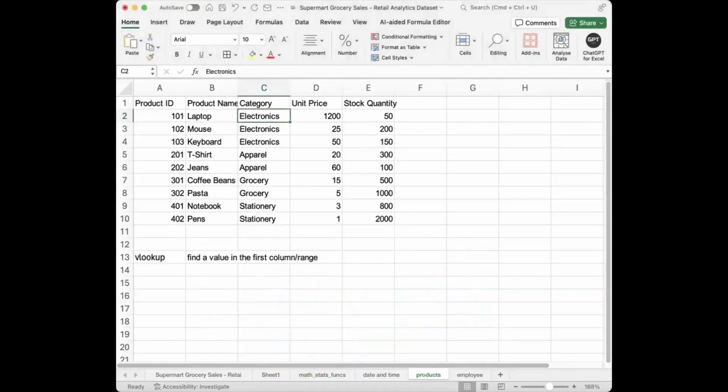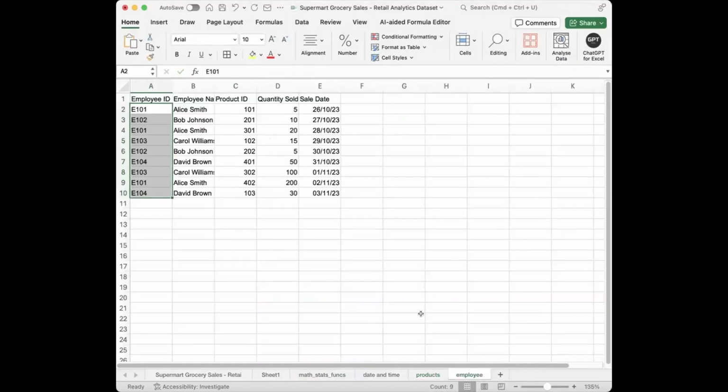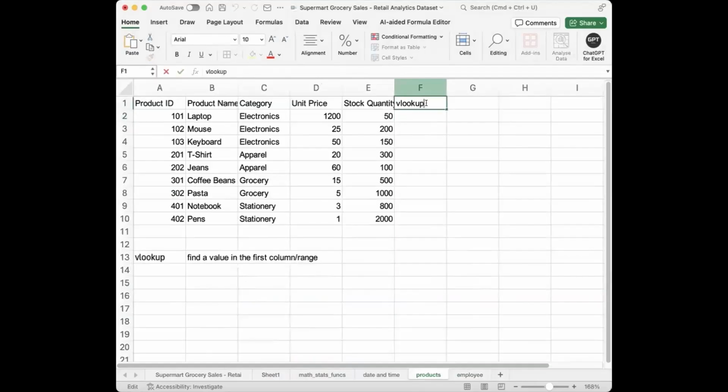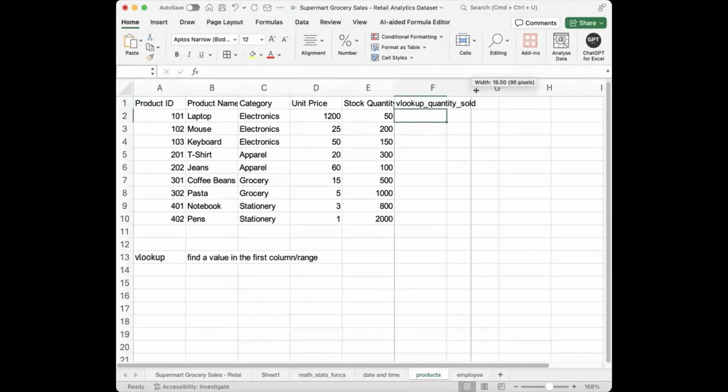Now the process of writing the code. Okay, so let's say I'm trying to find VLOOKUP. I'll type it as VLOOKUP over here. And let's say I want to find the quantity sold. Okay. I'm trying to find the quantity sold. So